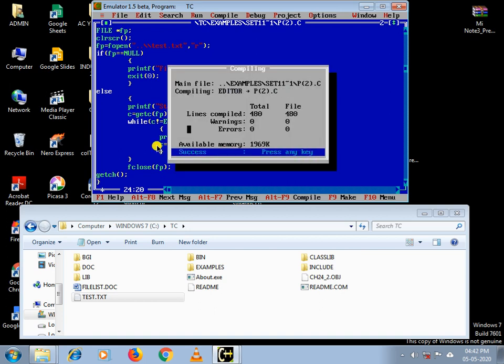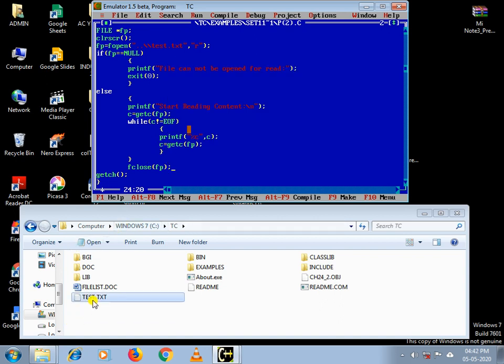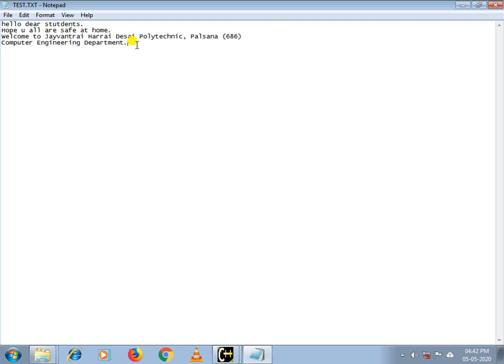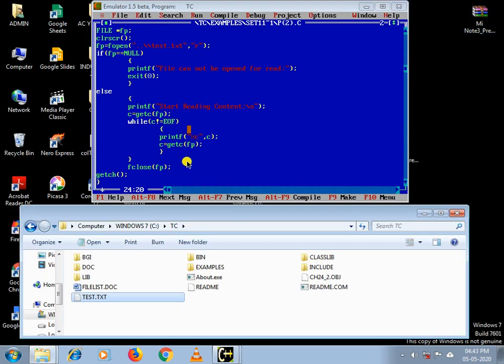Now let's check whether we can read an existing file or not. In our previous video, we created one file using the file writing operation. Now we are going to add something to it. Let's say, this is an example of file reading. So we have appended, or you can say modified, our existing file. Now let us see whether this file can be read by our C program or not. Let's check it out.